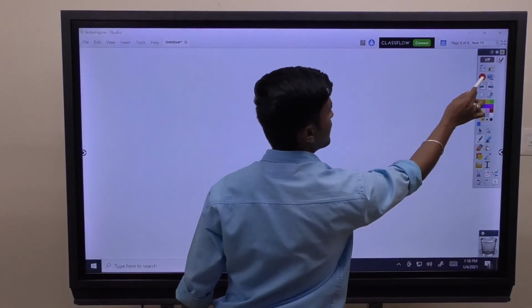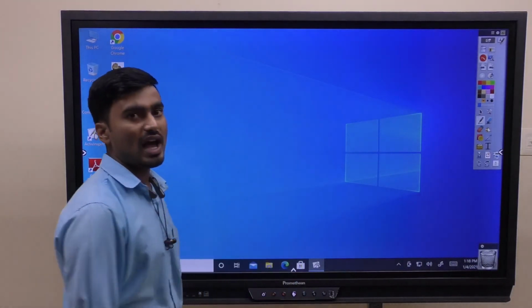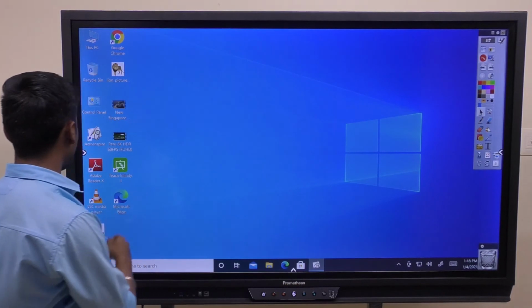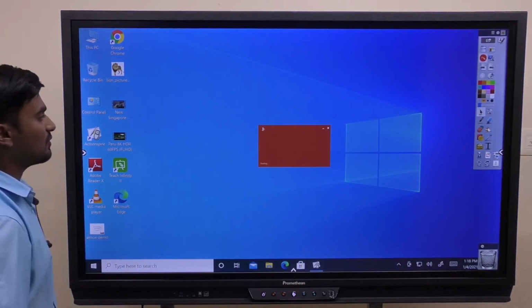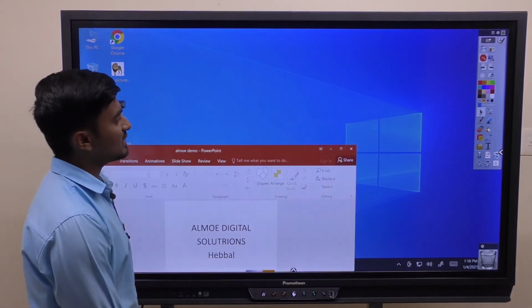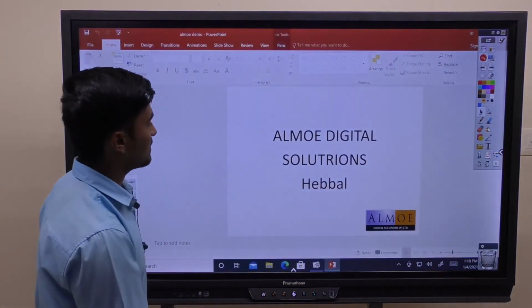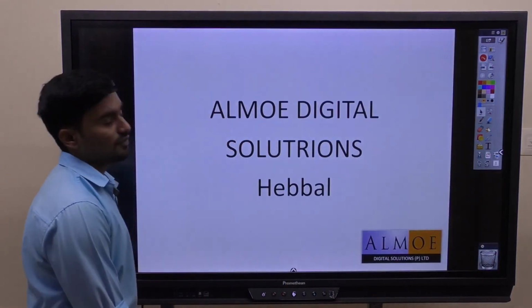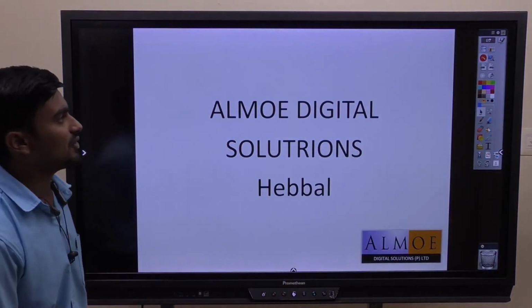Next, this is the annotation tool, which can be used to annotate on PPT and PDF. Now I am going to use one PPT. Now I have this PPT to explain some examples. In PPT, there are two types of annotations.